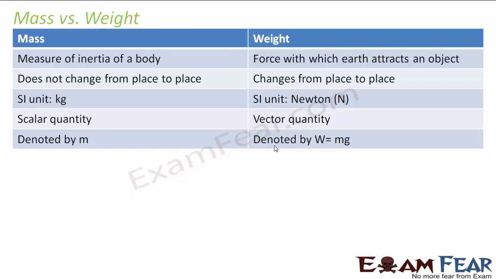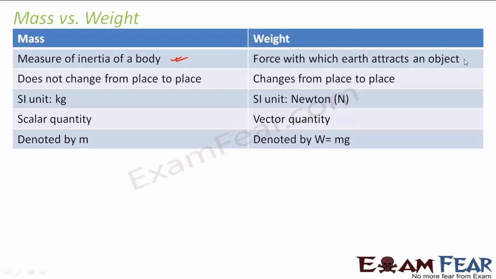When I talk about the mass of a body, I am talking about the measure of inertia of the body. What is inertia? We have spoken about inertia in one of our previous lessons. Inertia is the property of a body to resist a change. That means a body at rest would like to be at rest. It does not want to move. A body which is moving does not want to come to rest. It wants to move. So mass is a measure of inertia of a body. It is an inherent property, a characteristic property of an object.